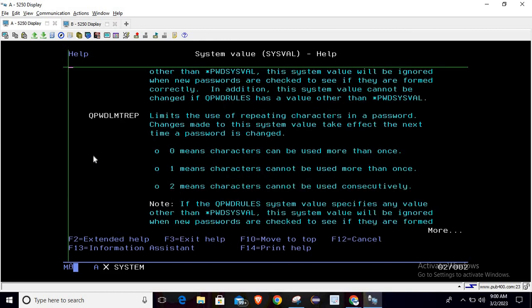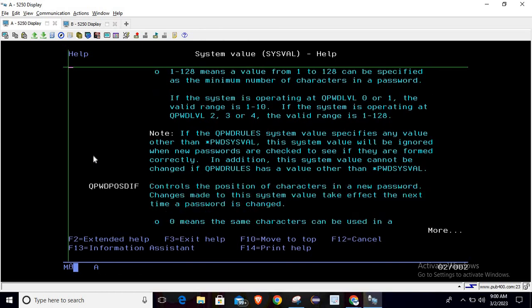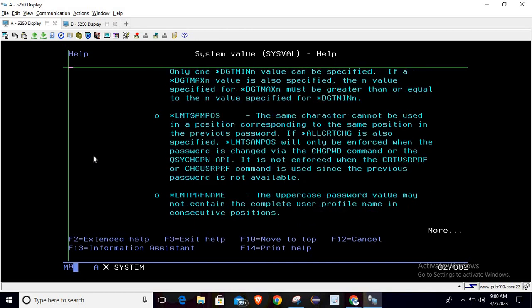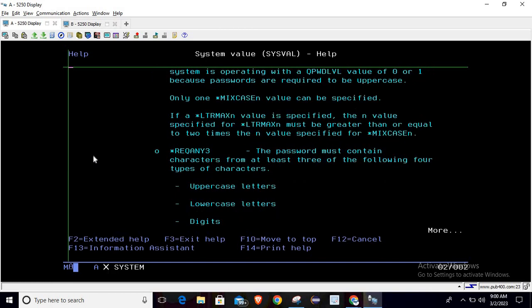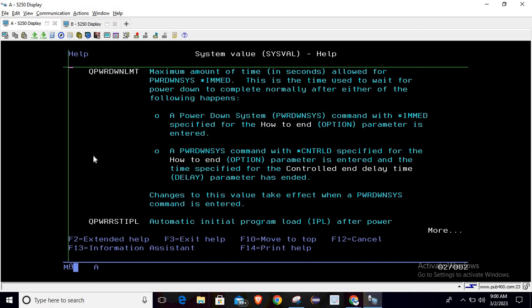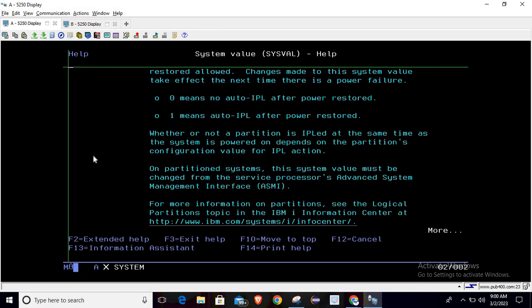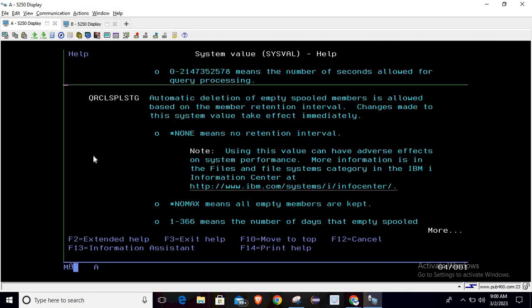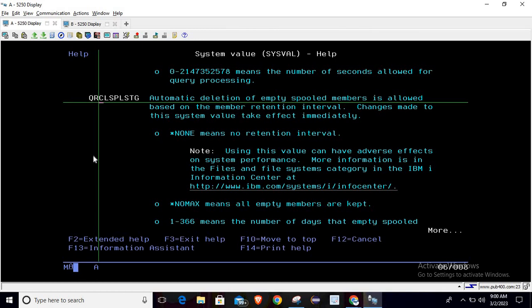These are the values that we have already covered in our previous session. Today we are going to discuss another value. Let me take you to that particular value only. Okay, so this is the value that we are going to discuss today, which is